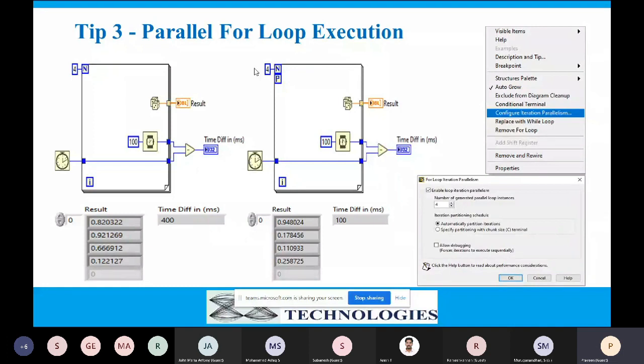Since each and every iteration is running in parallel, the whole loop will take only 100 milliseconds. This is not a big issue if it is a very small number of iterations, like 4 or 5. But if it goes beyond 100, 10,000, 2,000, it will take some amount of time, right?